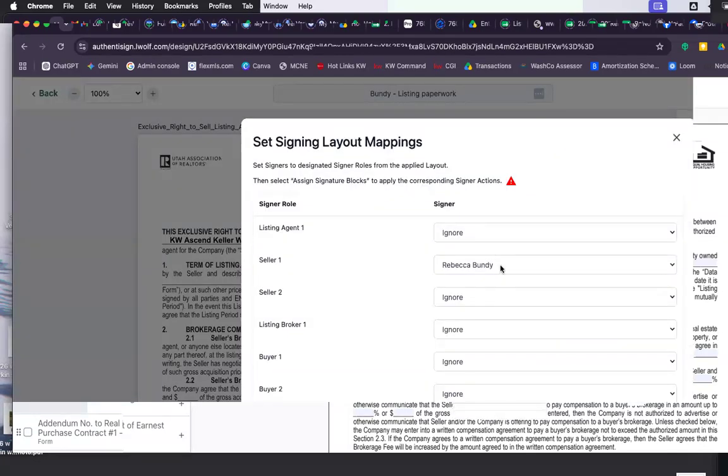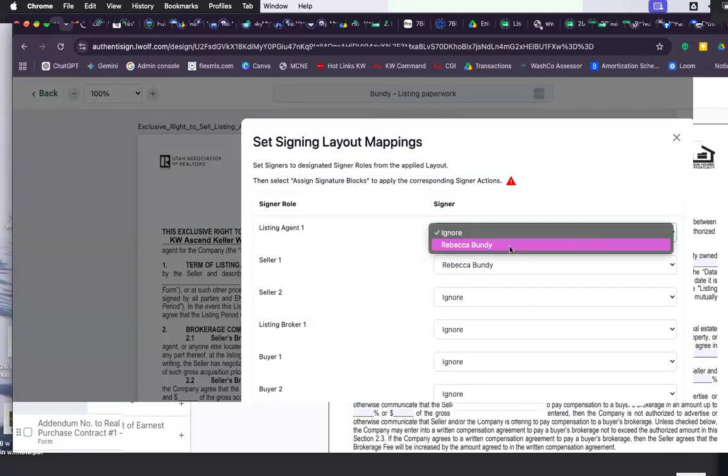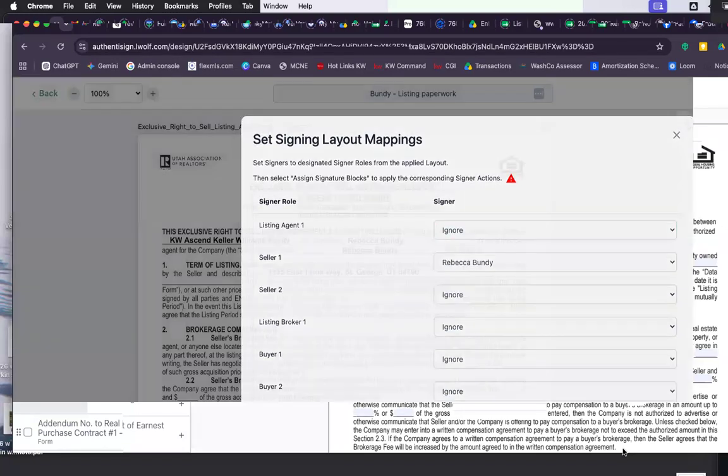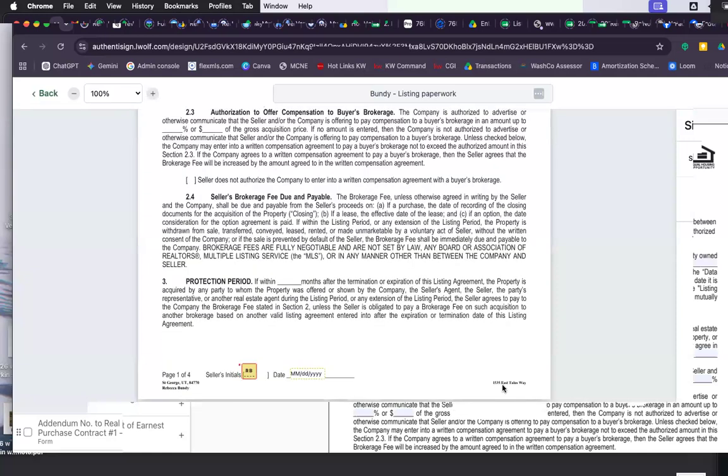Now they're there. So I can also do the drop down and select the other participants. And then you're going to hit this green button that says assign signature blocks. Once you do that, these will all populate for you. You do not need to drag and drop. You don't need to find them. But let's just say, because glitches happen, this is gone. It's not there for whatever reason. Well, over here in the tools section,